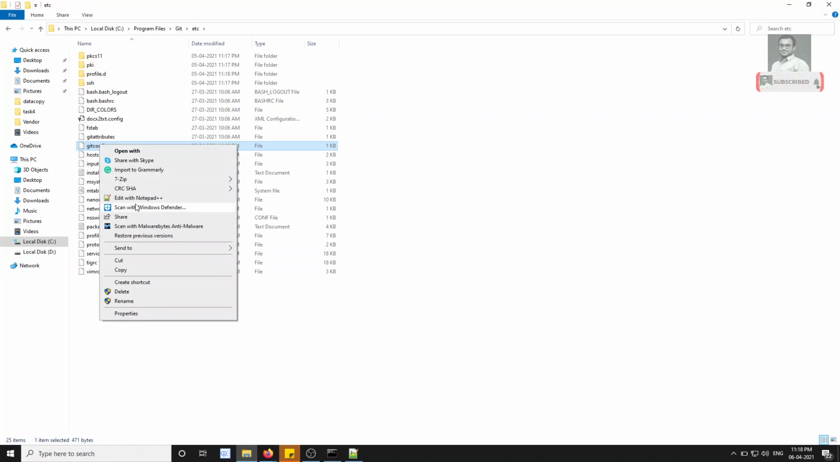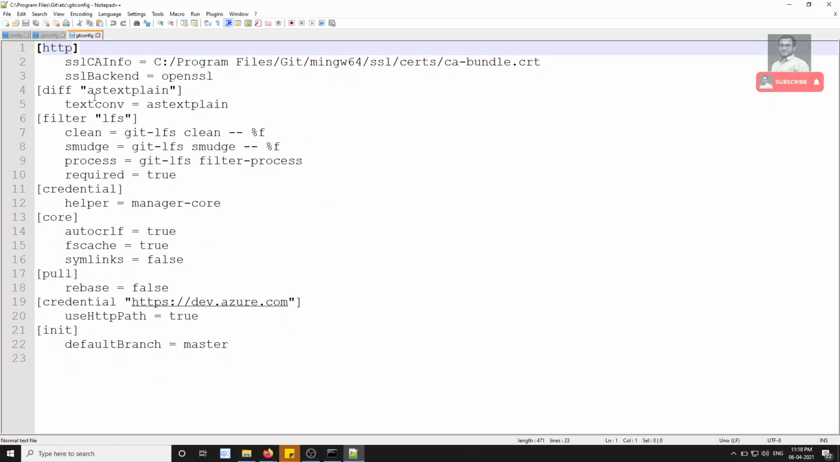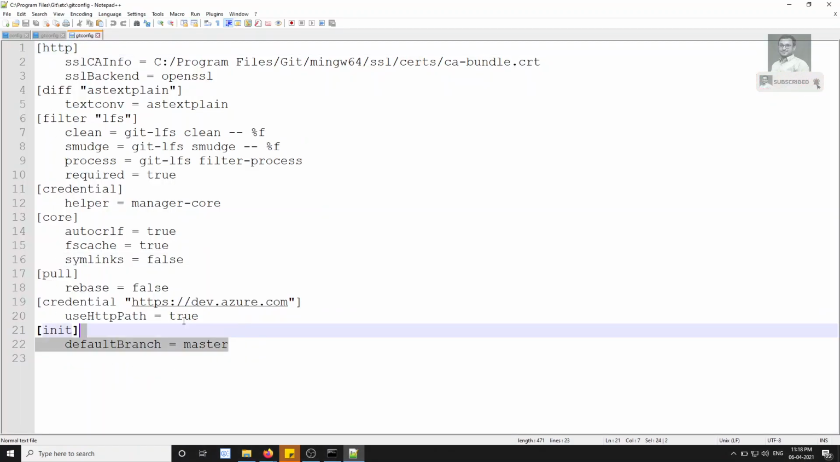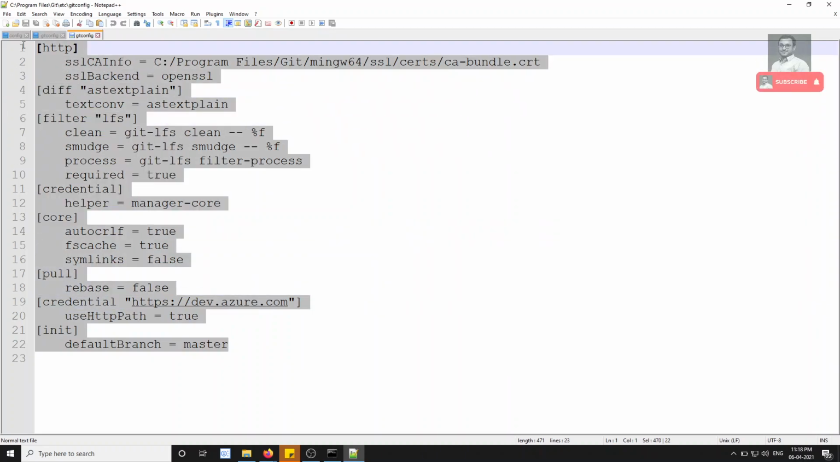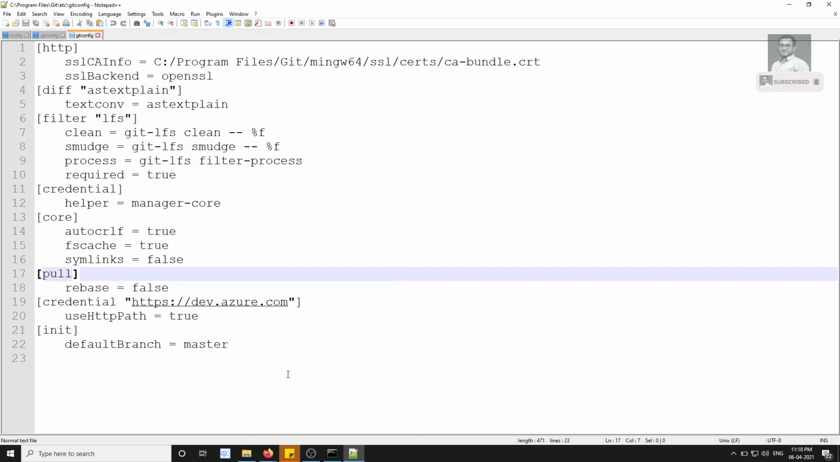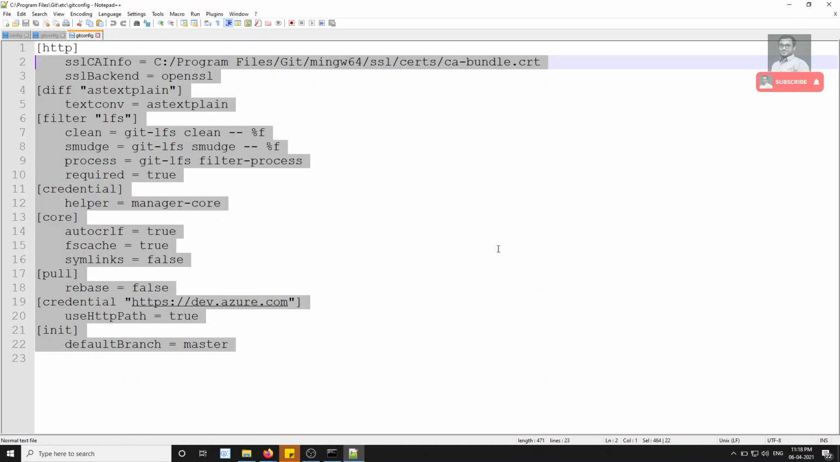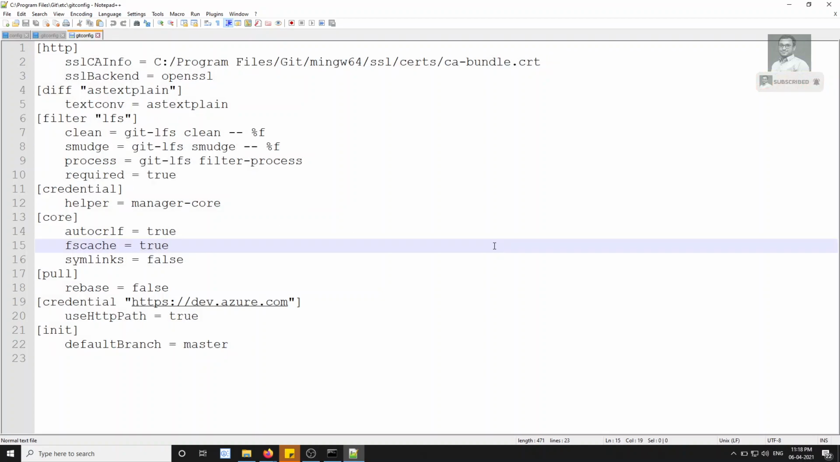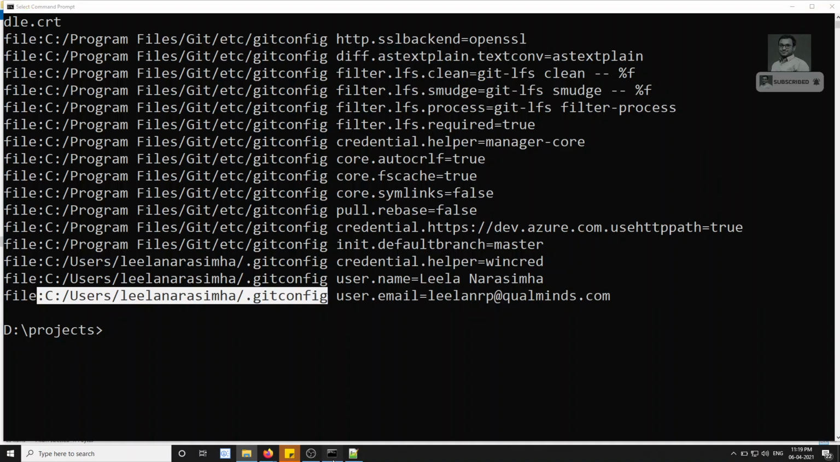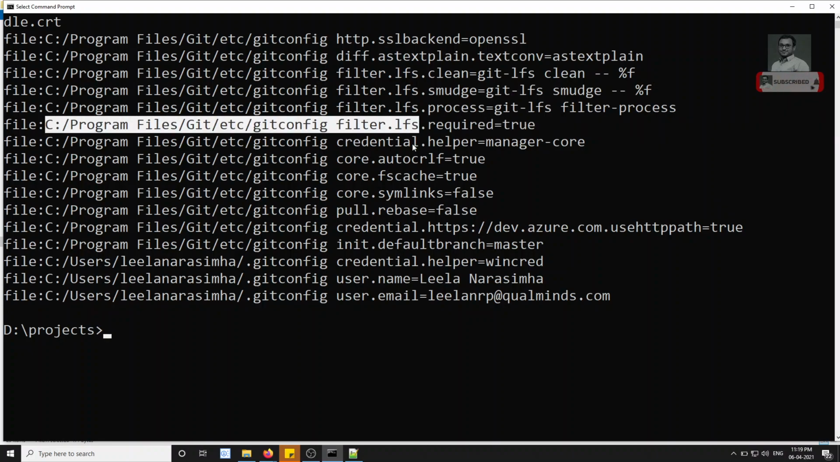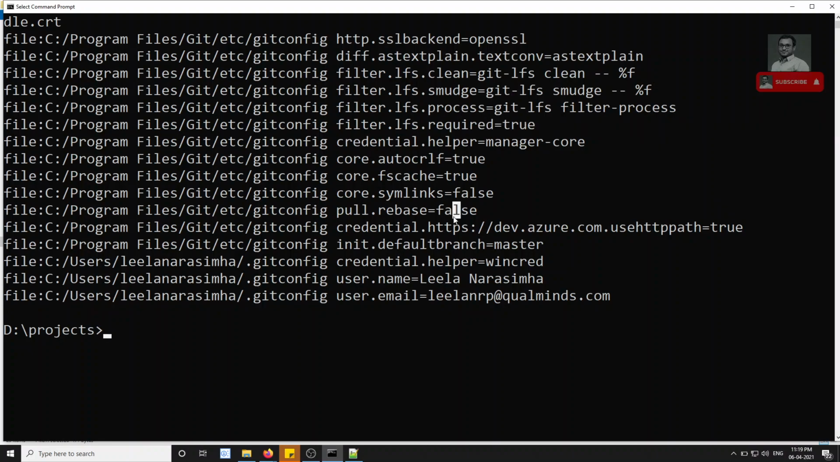If I open this with Edit with Notepad++, here also I am able to see the pull section and these are all the configurations. We will discuss all these configurations afterwards. So that means we have seen the user level configuration and also the system level configuration. In the next video, what we will do is